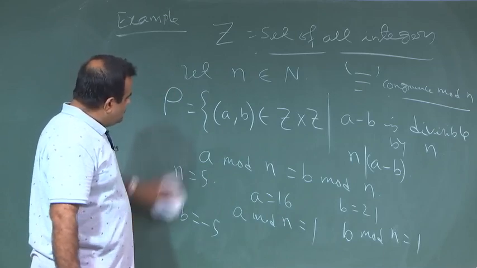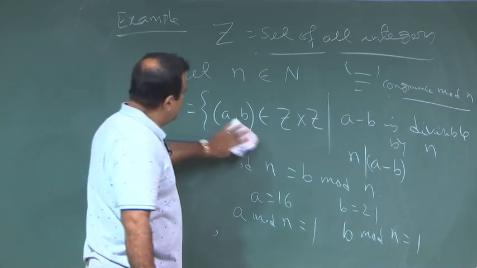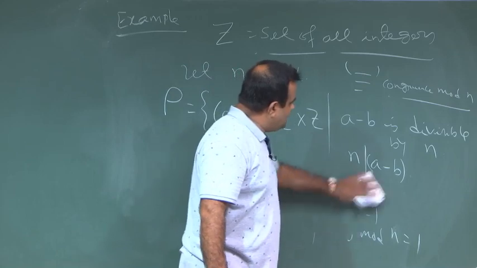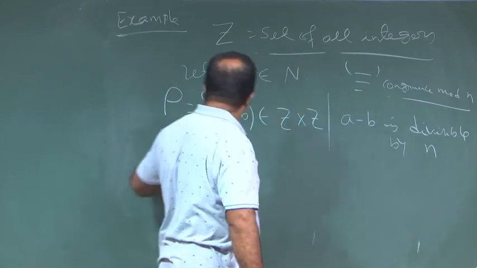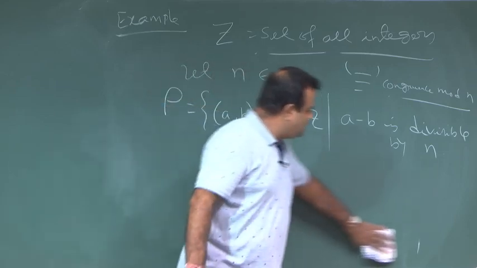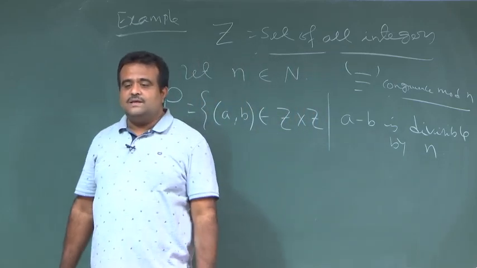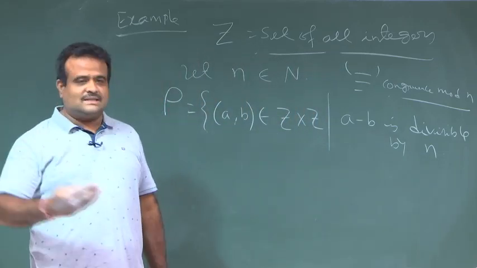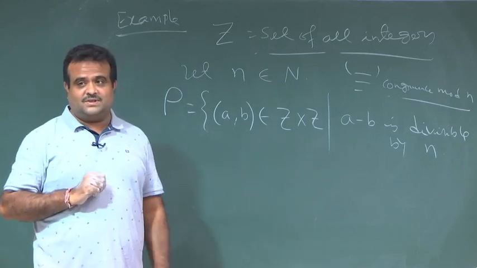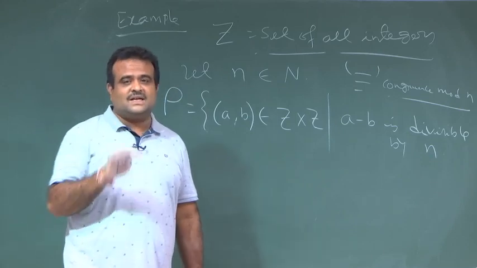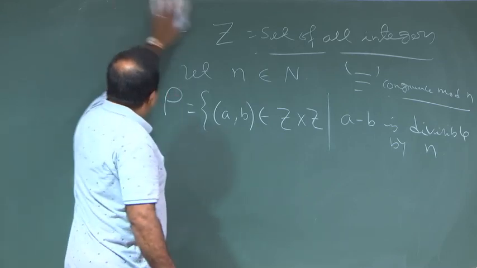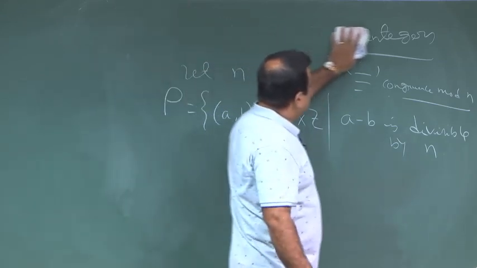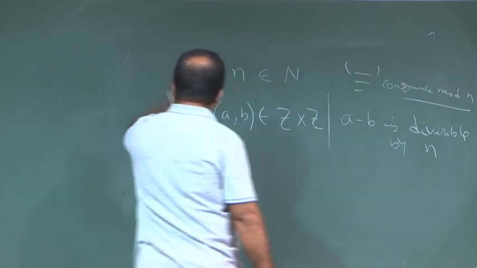Okay. So, now we have seen, or we can just prove, that this is an equivalence relation. Now, if this is an equivalence relation, then it will give us equivalence classes. So, who are those classes basically? The classes are basically the remainders, all possible remainders. So, it is very interesting to see these classes.